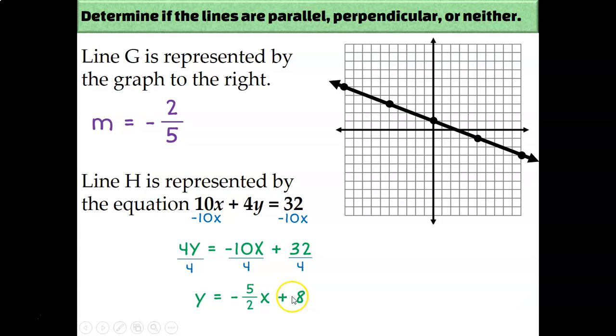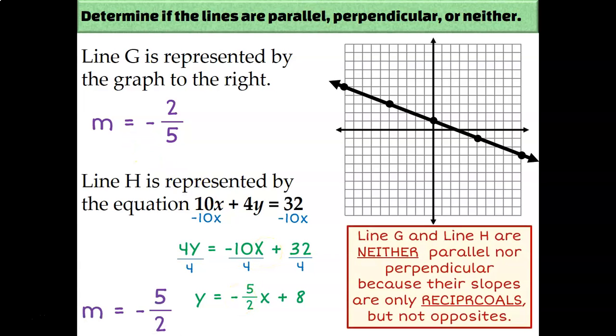Remember that 8 doesn't matter, that's the y-intercept of line H, and that doesn't matter for determining parallel versus perpendicular. The only things that we need to compare are the slopes. And they're reciprocals. 2 over 5 and 5 over 2, those are reciprocals, but they're not opposite because they're both negative. So that means that line G and line H are neither parallel nor perpendicular. Since their slopes are just reciprocals but not opposites, these two lines intersect, but not in any kind of a